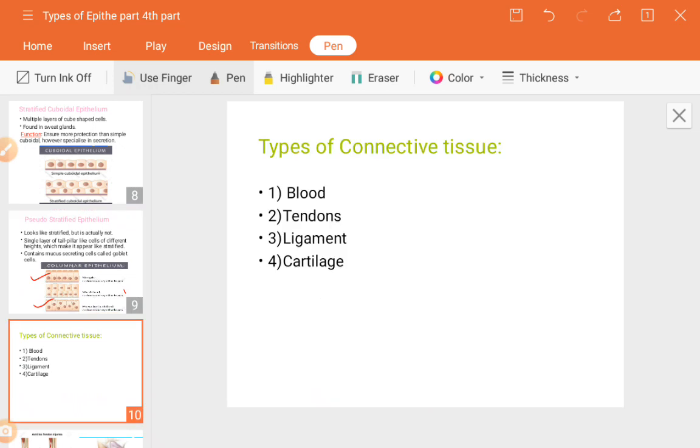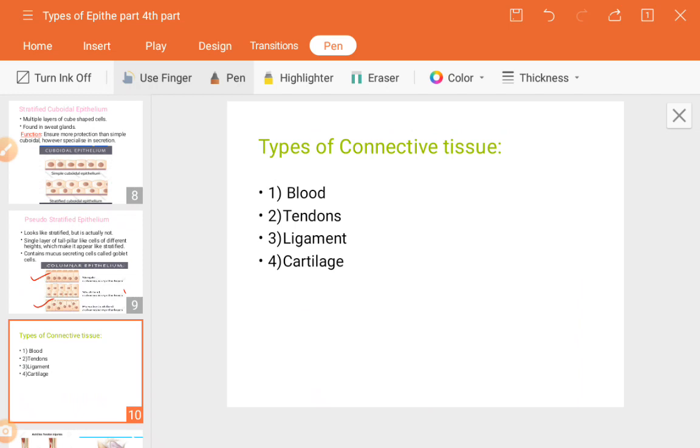So now the portion that is going on is the connective tissues. What does that mean? Connective tissues are those tissues that connect and hold the body together, is it? Those things which are present inside our body that connect and hold the body together. It is the most abundant of all animal tissue types, present in all organisms like animals or human beings, is it? So what are the types of connective tissue?